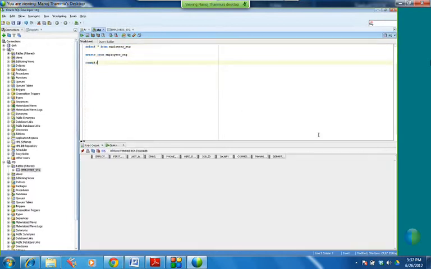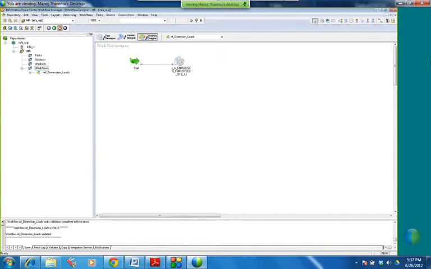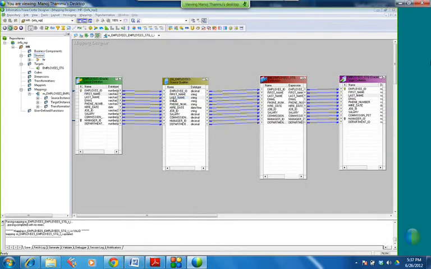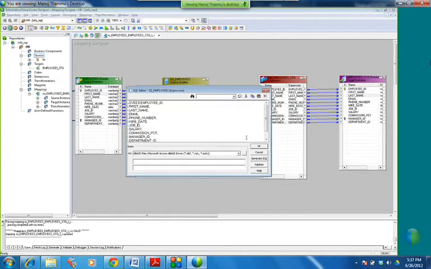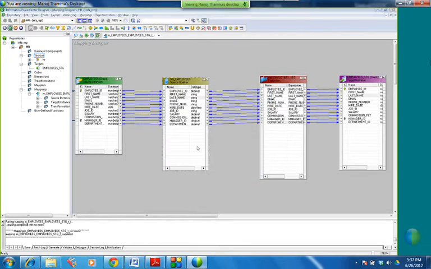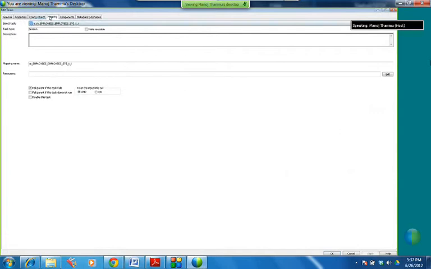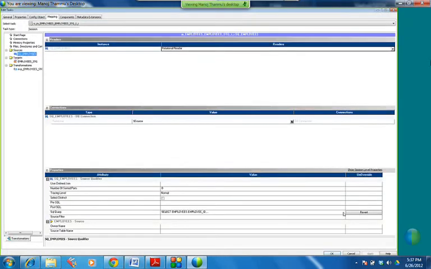Now there are no records in the target. So in the mapping it is 50, right guys? In the mapping it is 50. Whereas in the session what did I give? 40. Department ID equal to 40.